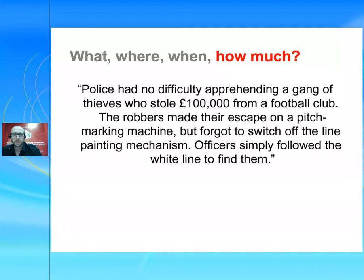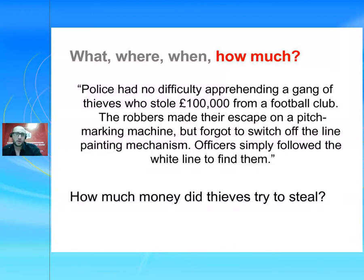Let's look now at another example. Here we need to focus on specific information here. Okay, we're not looking for the general meaning of the article, but we're looking in a little bit more detail. Let's have a look here. So again, if we're asked the question, for example, how much money did thieves try to steal from here, then again, really simply,